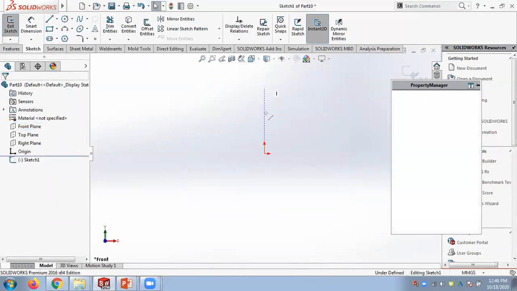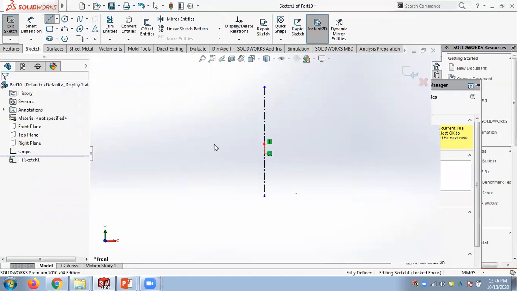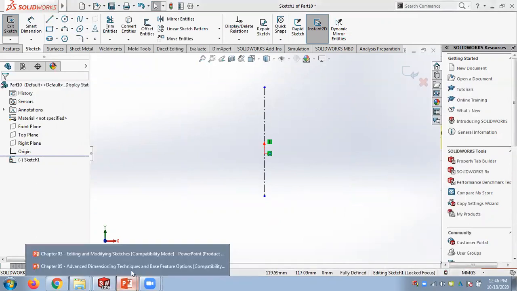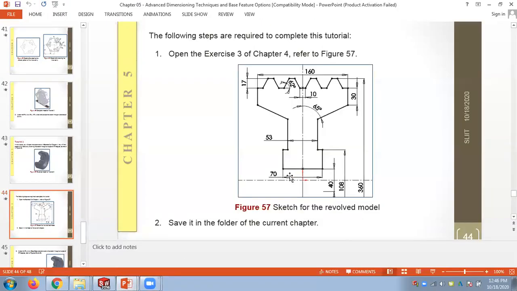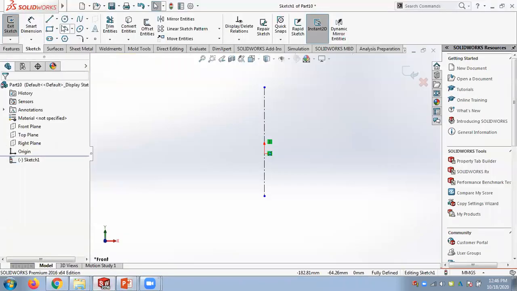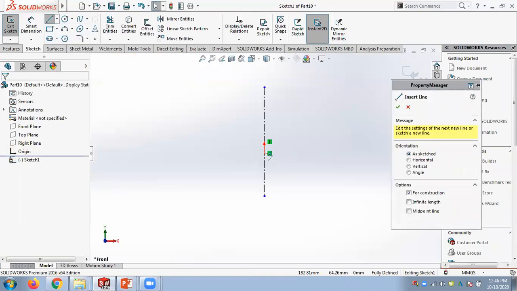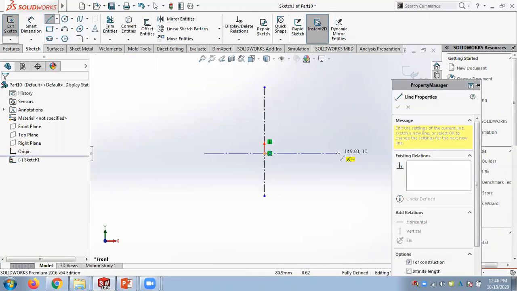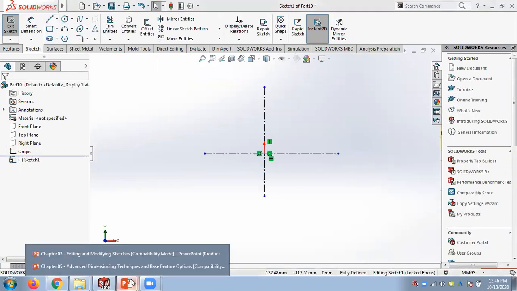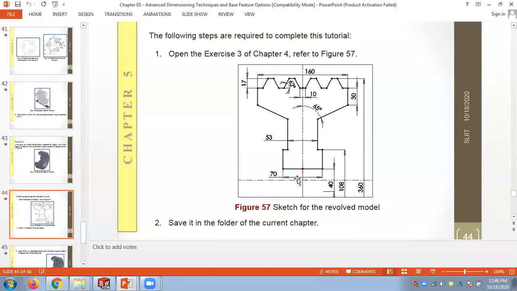I will draw 2 center lines. Now, origin is here. So you can draw half of the things and get the mirror. So this one you can draw half.